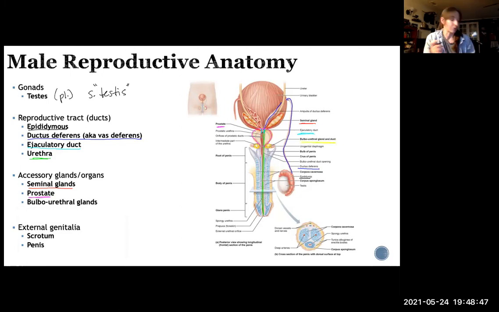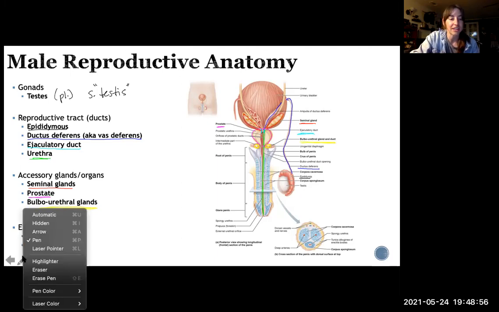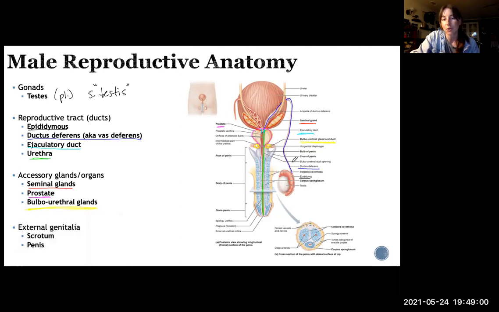And these guys produce pre-ejaculate, which is also important. And as far as perineal structures and external genitalia go, we of course have the penis and the scrotum that the testis lives in, okay? So let's go over these